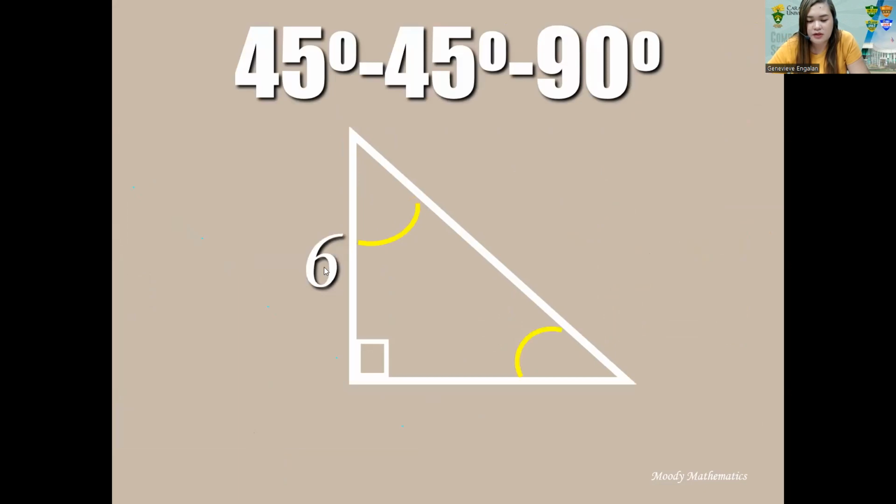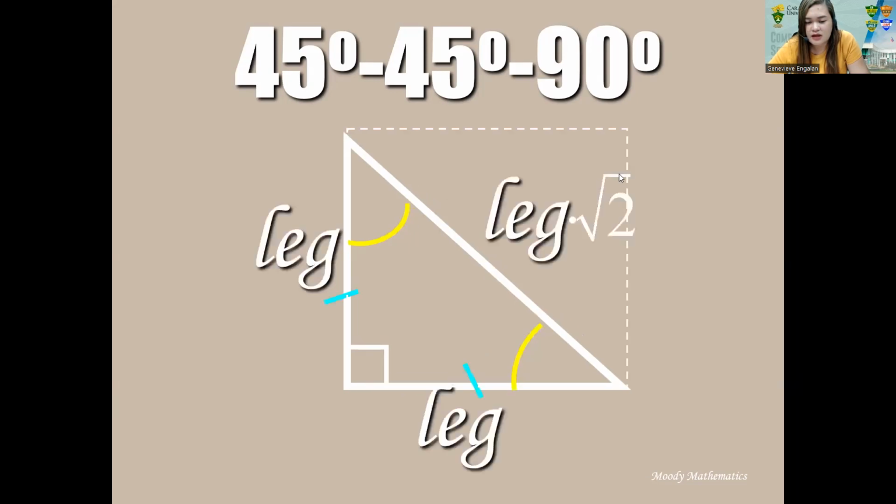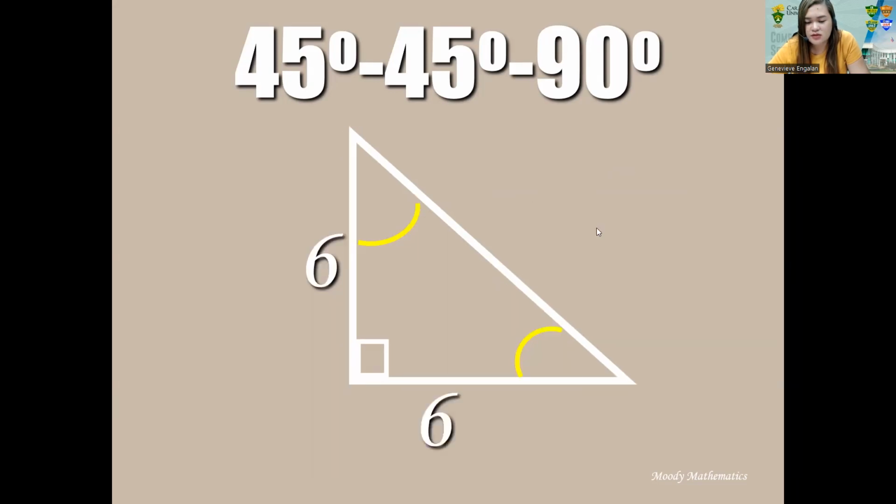So, for example, if this is 6, unsa man ni diri sa ubos? 6 po siya, ma'am. 6. How about the hypotenuse? Sige, ito. Leg times square root of 2. So, unsang hypotenuse? 6 times